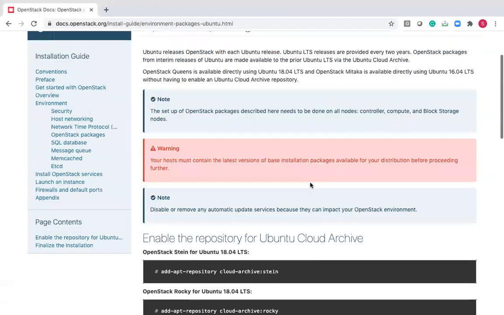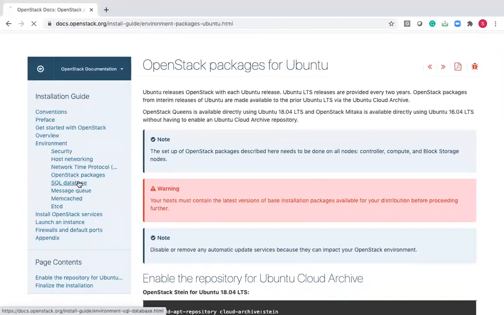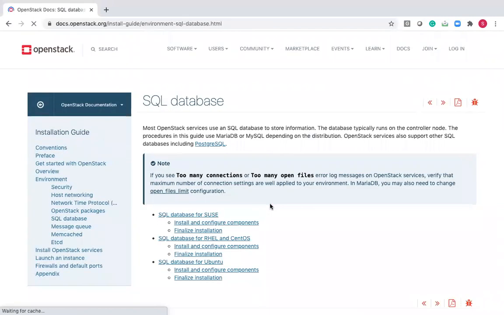Once this is done, let's try to install the SQL database. Why do we need an SQL database for the OpenStack Keystone component? In the entire OpenStack setup, all the information about the components you install will be stored in the SQL database. What kind of SQL you use is up to you, but we have to use a relational database. We should not use a non-relational database for this setup. The recommended one is MariaDB.